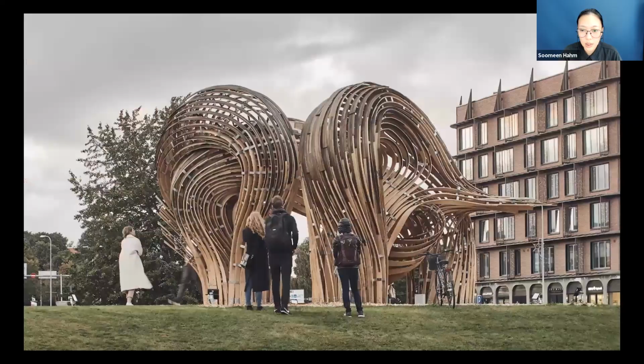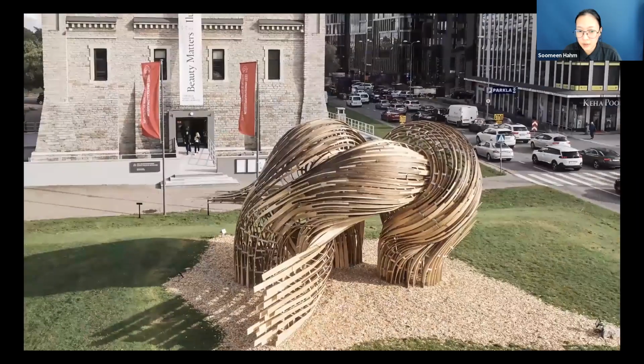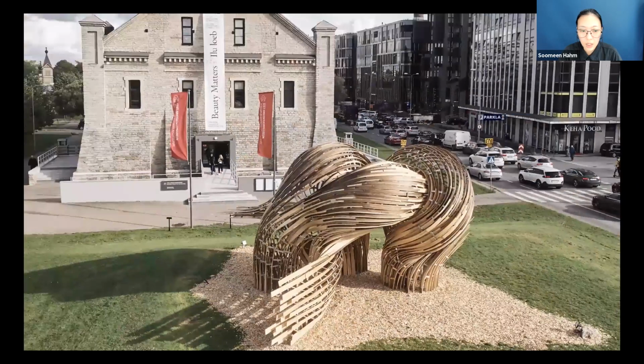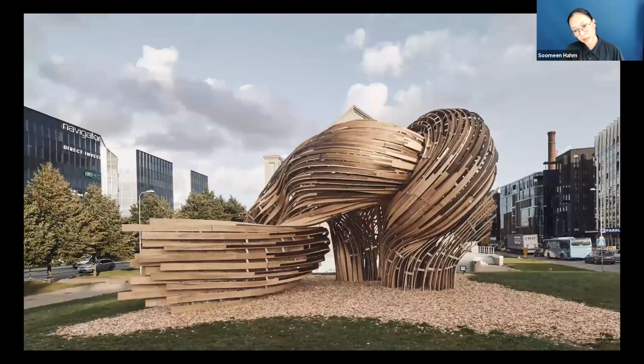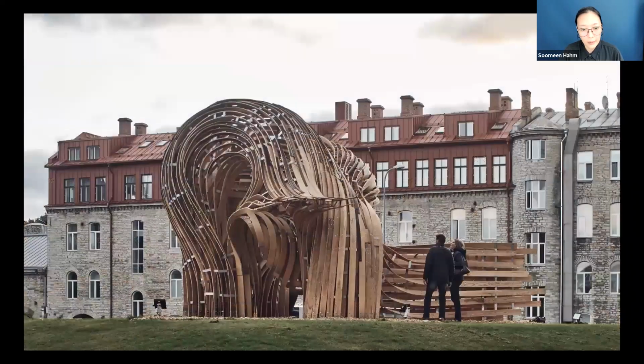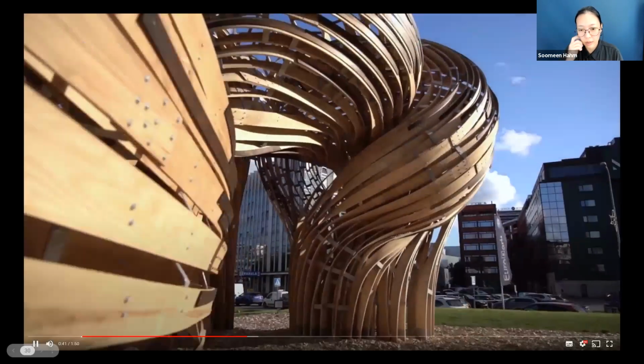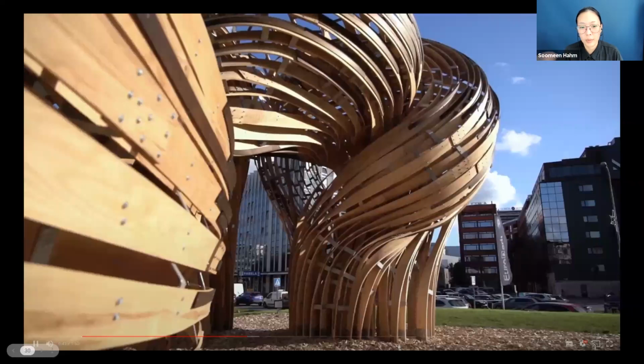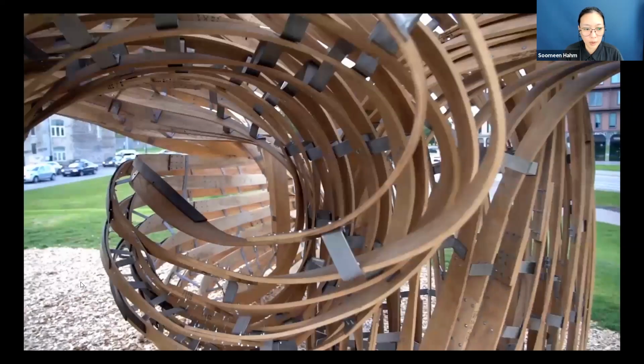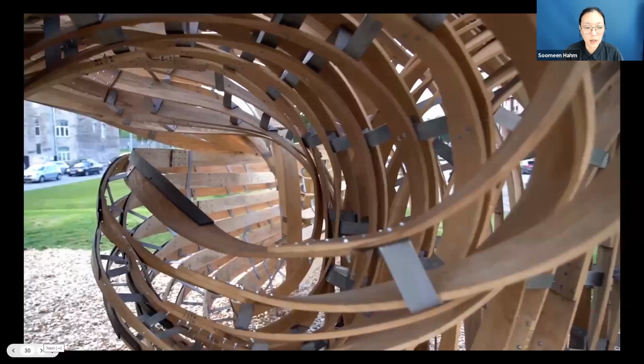This is still in Tallinn, Estonia, and it was a pavilion for the Estonian Tallinn Biennale. We really started to use augmented reality to build an entire project with that,